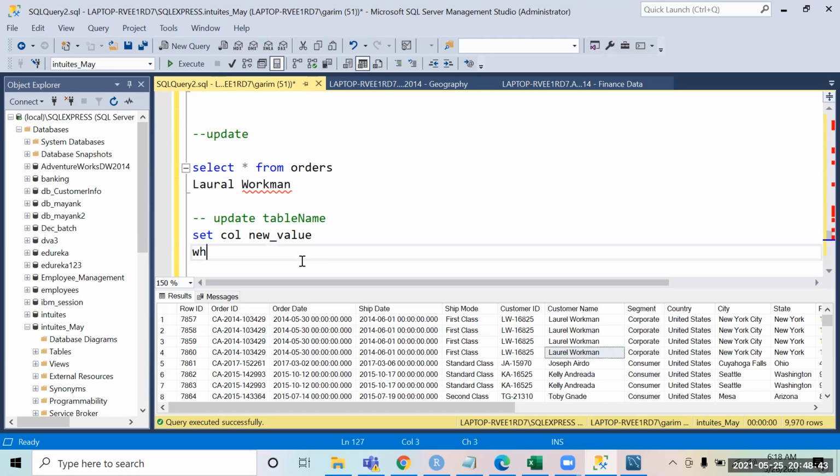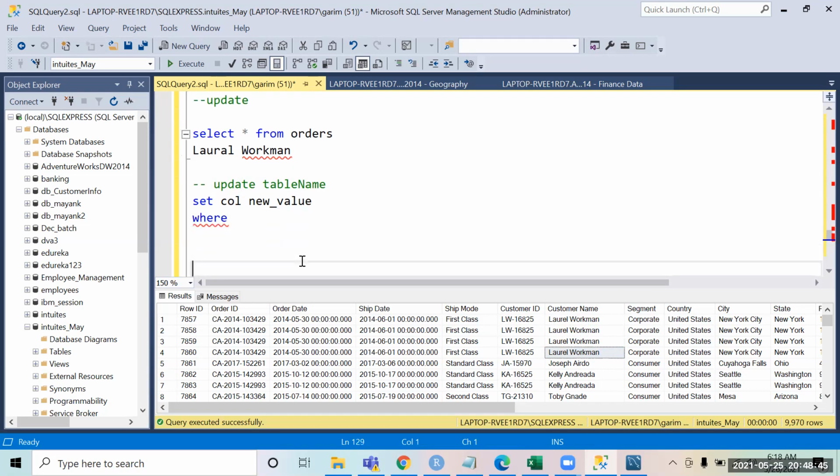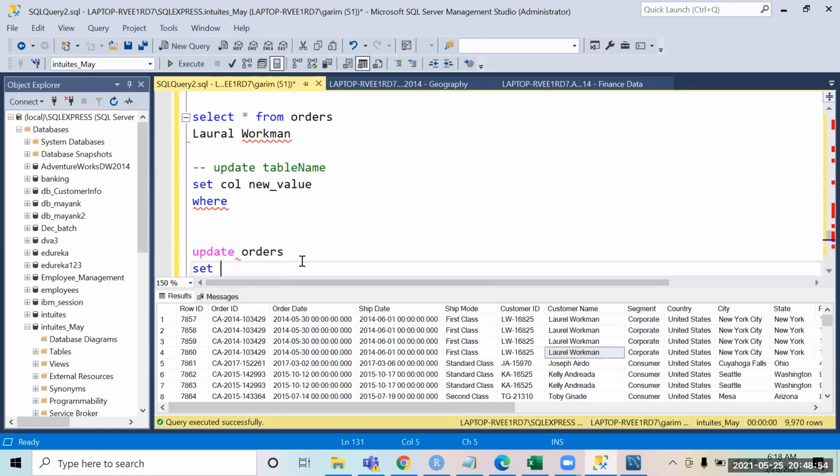And then you use where clause, right? So I will say update, the name of my table is orders. I'm going to say set customer name equal to this. I'm updating the name to this,